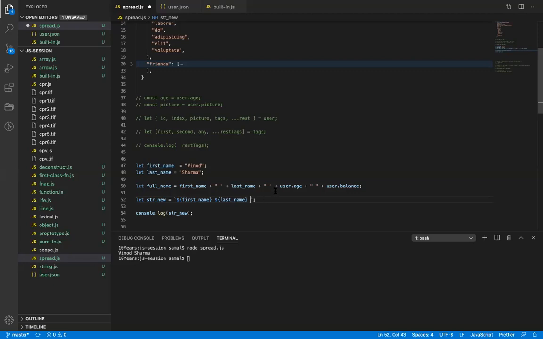Again, I can just do dollar user.age. This is a very nifty feature which was introduced by ES6. Then balance. It now prints the entire value without writing a plus sign, and it gives us the template structure.